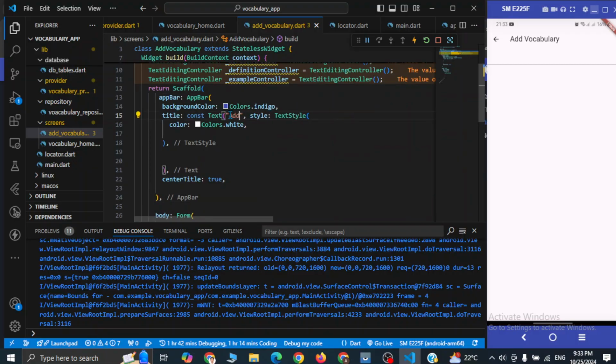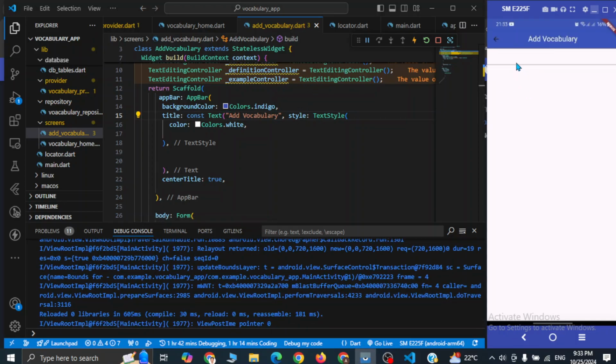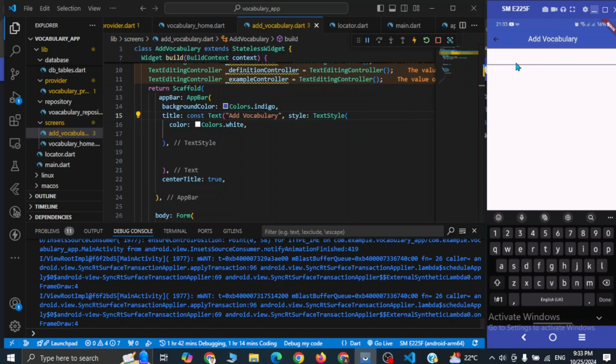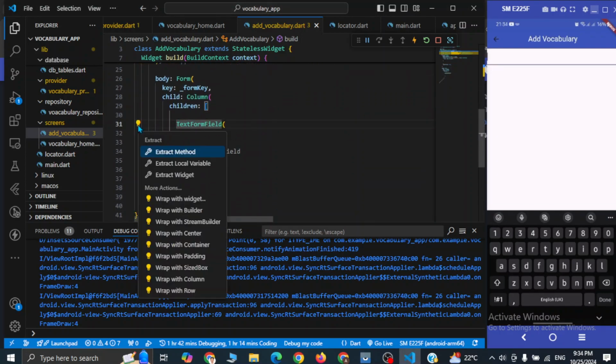And here we have add vocabulary. Here you can see our text field, but it is not looking good. So let's wrap this text field with a padding widget first,